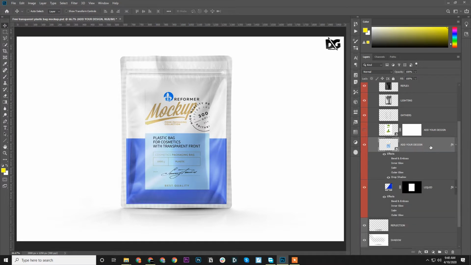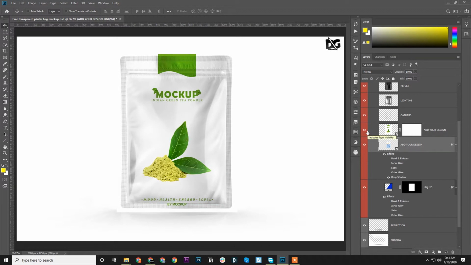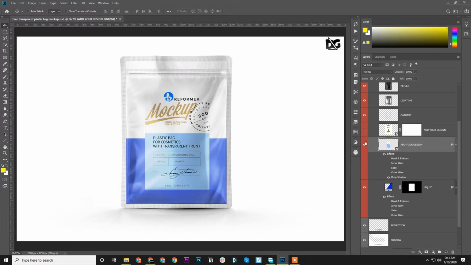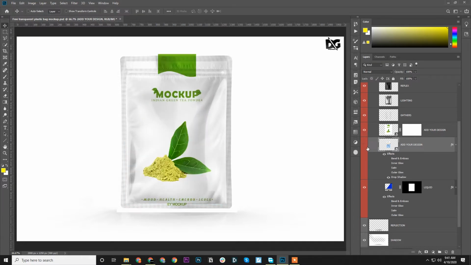So the thing is, there are two different smart object layers, and perhaps the script or the bulk mockup tool is confusing between these two. So what you need to do is remove one of the layers, either this or this one. Okay. So I think we should remove this one because it is not resized according to the package here. So we can use this one and delete this layer.